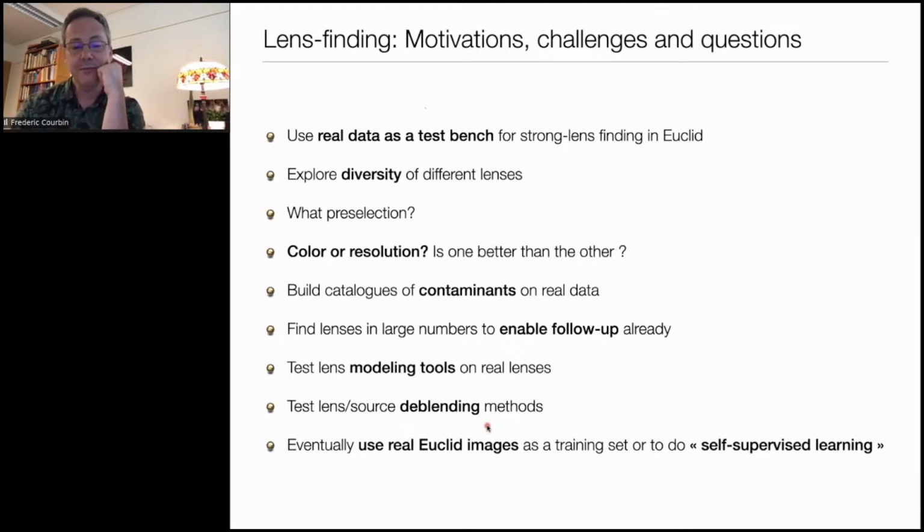And eventually, I think in Euclid, what we will want to do is to drop training sets that are fully simulated or partly simulated and use only self-supervised learning or unsupervised learning using real Euclid images of real lenses. But for now, no, there are too few. Well, for now, there are none, but there are not even enough lenses that we could use if Euclid observed them all to do machine